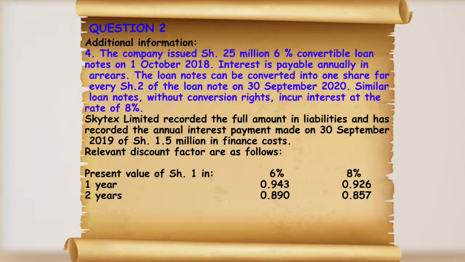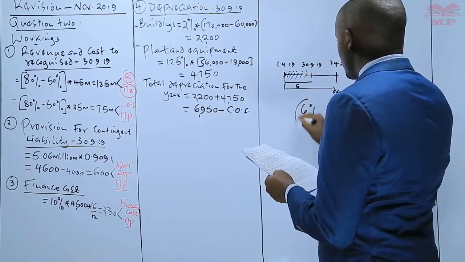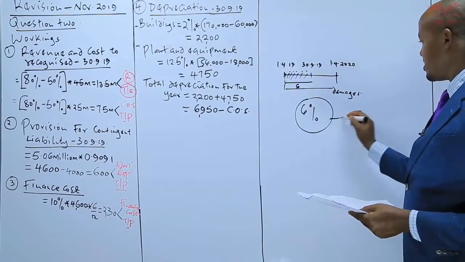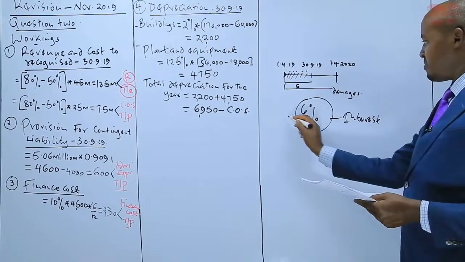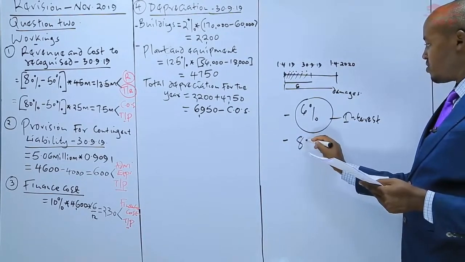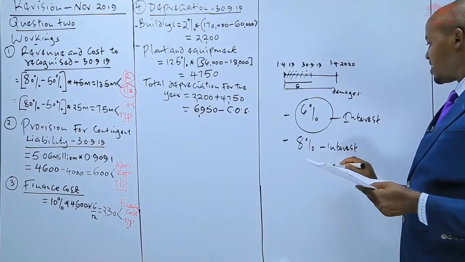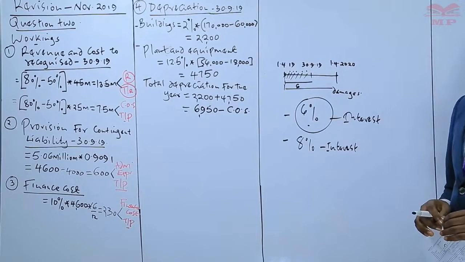So in this particular case, there is a point which is very, very important: the loan notes issued by this company were issued at the rate of 6%, or basically this company offered to pay an interest of 6%, but we are told similar loan notes were paying an interest of 8%. So what that means is that for this company to make these loan notes marketable, definitely they